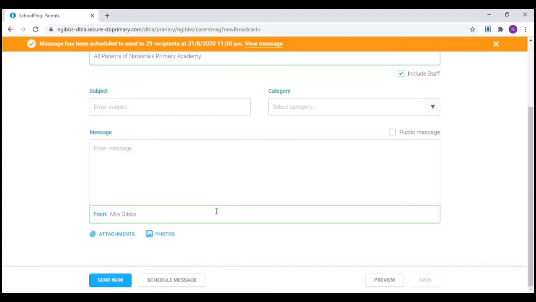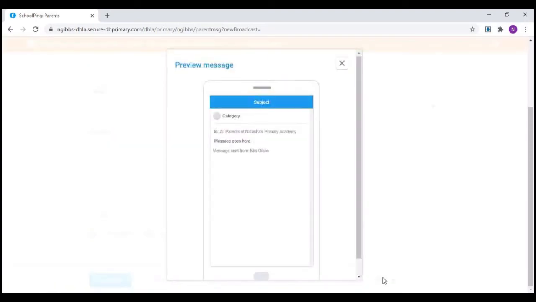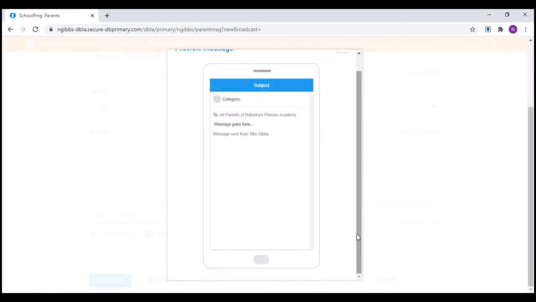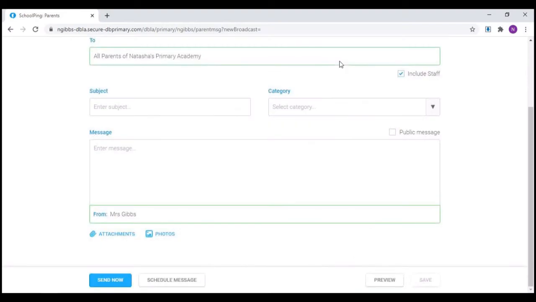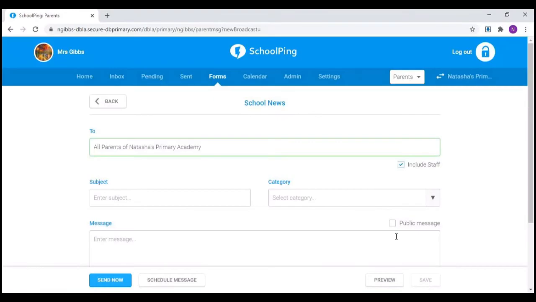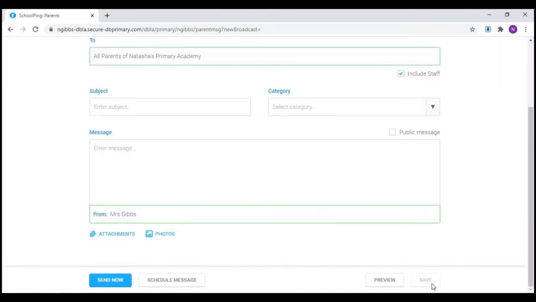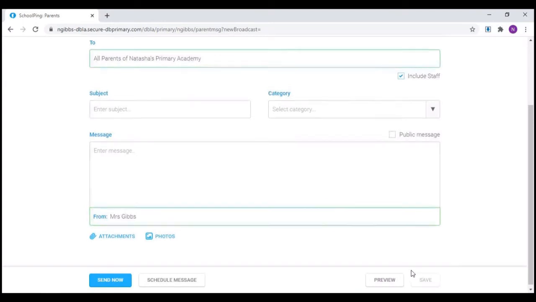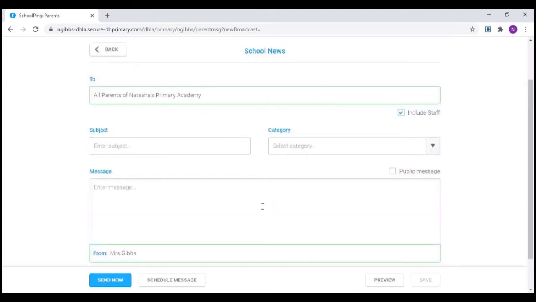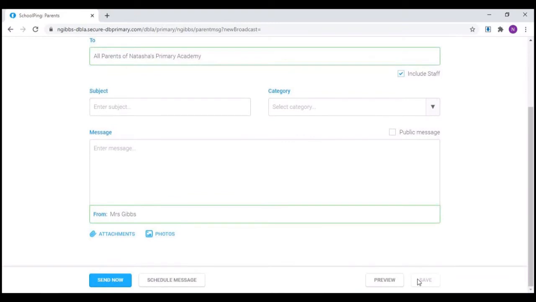So you can schedule that message if you like. You can also preview the message, and that will just show you what the parents will see on their phone. Or you can save the message. That means you can come back to it later and send it out. It's also worth noting that the save button is grayed out until every single field is completed, and then that save